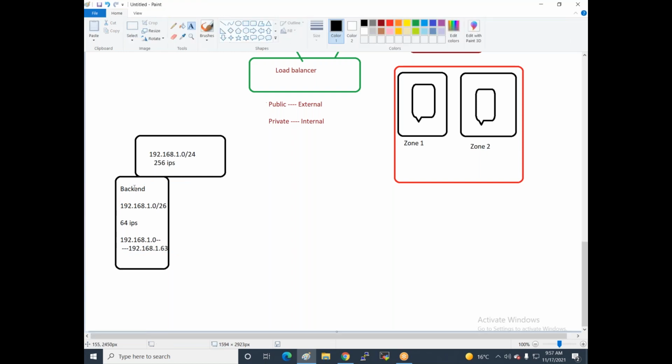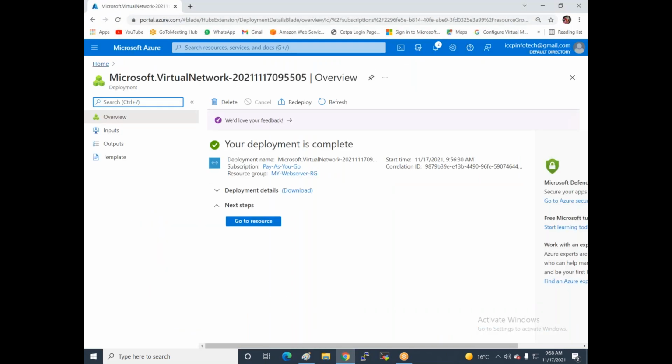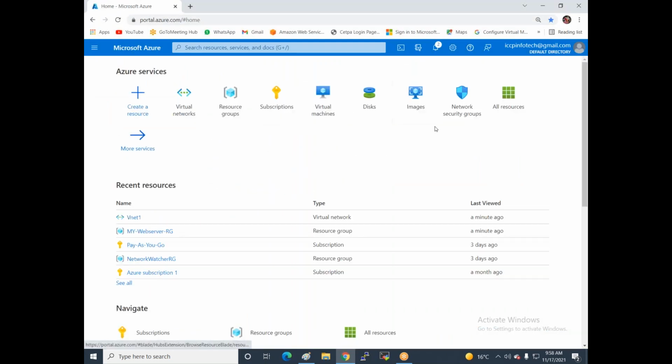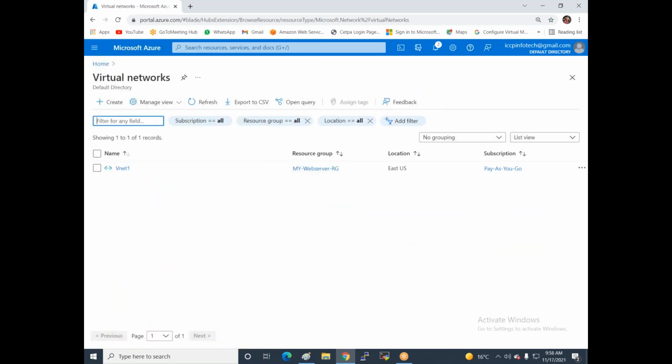If you need, you can add more subnets. If you want to add more servers, you can add a subnet after creating a virtual network also. Now I created this subnet when we created the VNet. But if the VNet is already created, how do you add more subnets? Simply go to the virtual networks and click on the VNet.